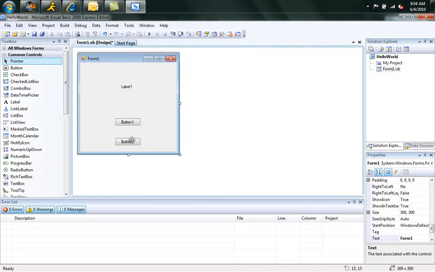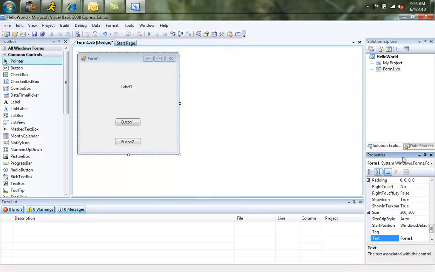Those are not very descriptive names. Neither is form 1 for that matter. So what we're going to do next is give all of our objects, these are all called objects, names and values. We're going to do that using the Properties window. So we are going to start with